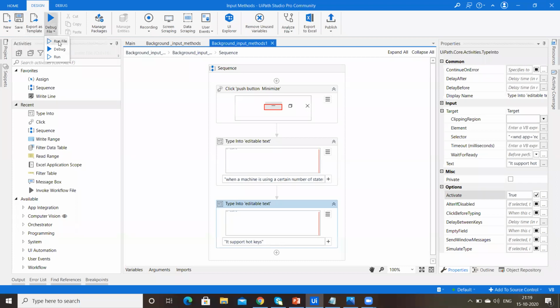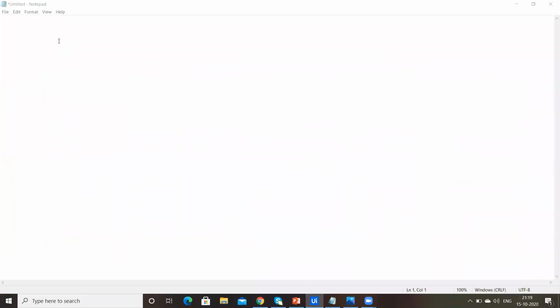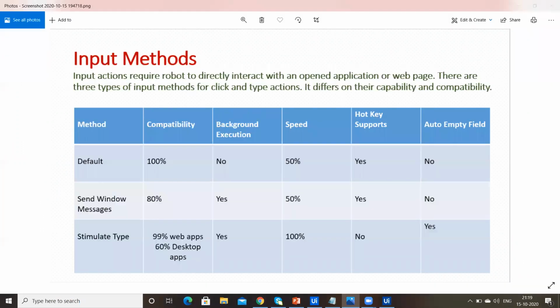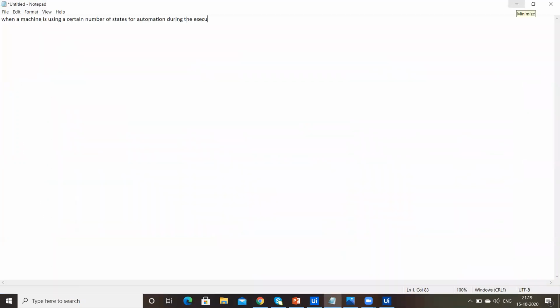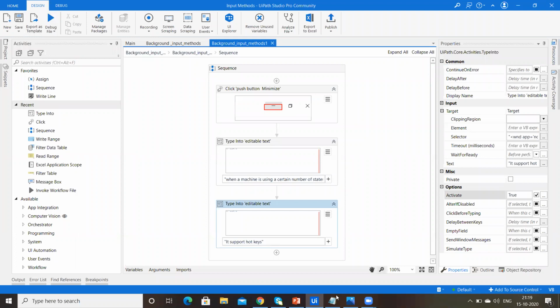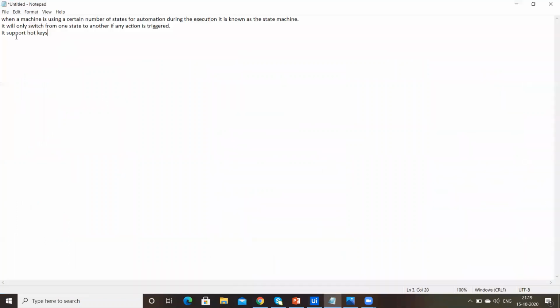Let's run. We'll check whether it is working fine or not. It is running. See, first it will type all the methods, that is minimizes the notepad and the type into activity, whichever data is given.